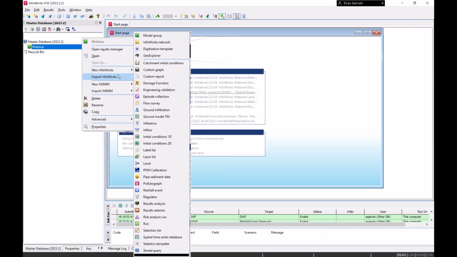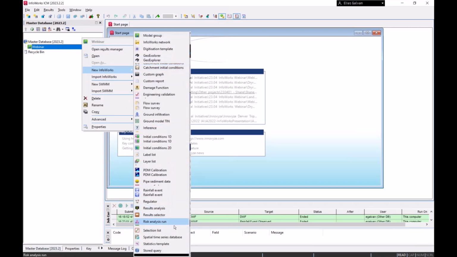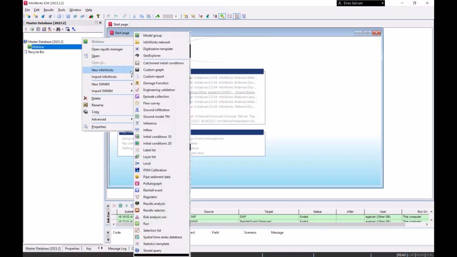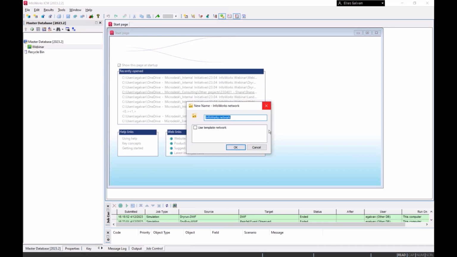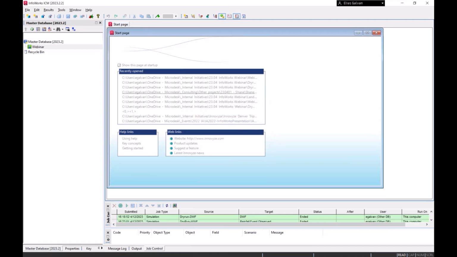So we pick New, and here are all the model components that we can use with InfoWorks. I will create an InfoWorks network, which is, let's say, the start of any model, right? It's where our pipes, our conduits, our nodes, everything is going to be living. So I'm going to double click,